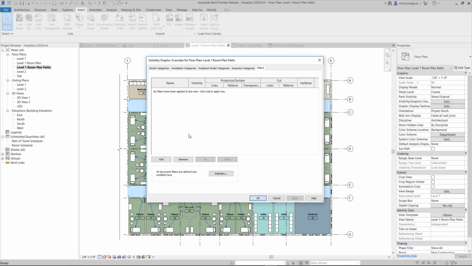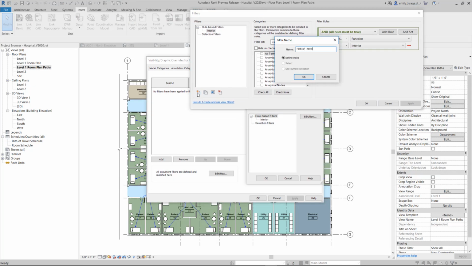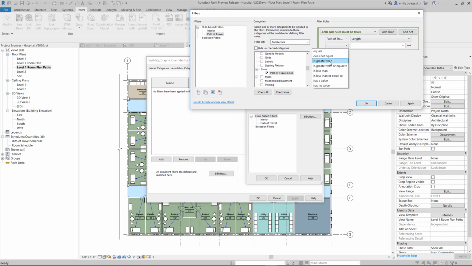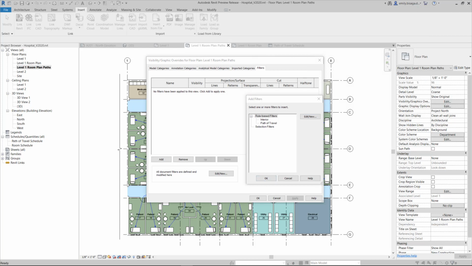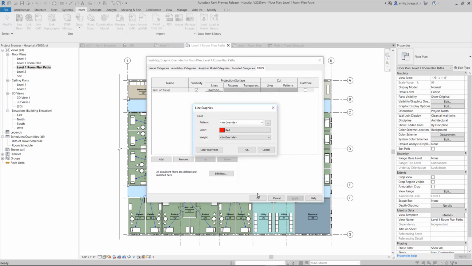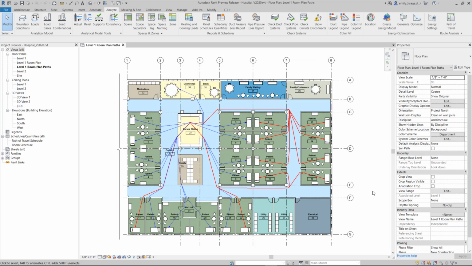The path of travel line can be used in a view filter. This example shows a view filter that will make any path of travel line red if it exceeds 80 feet 0 inches. There's a route analysis settings dialog, which allows for more control over which categories are considered obstacles, and